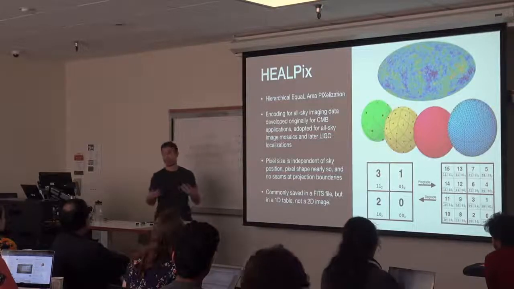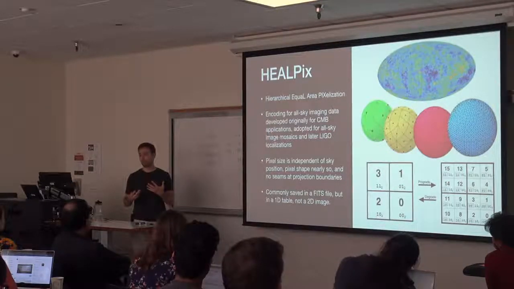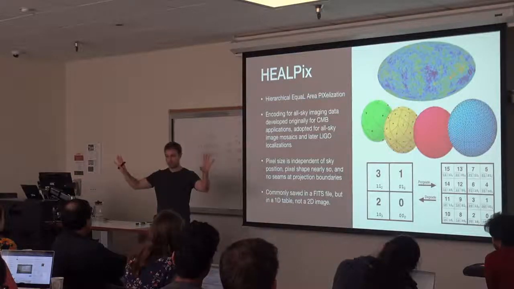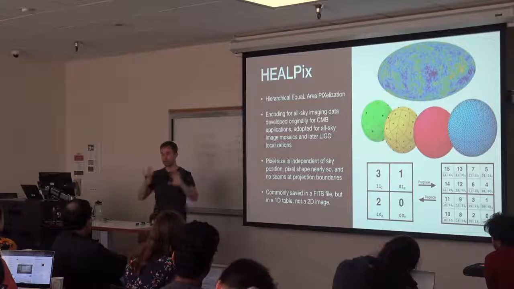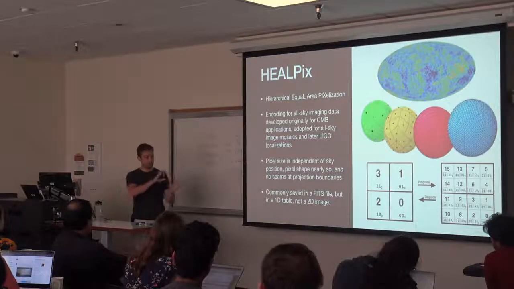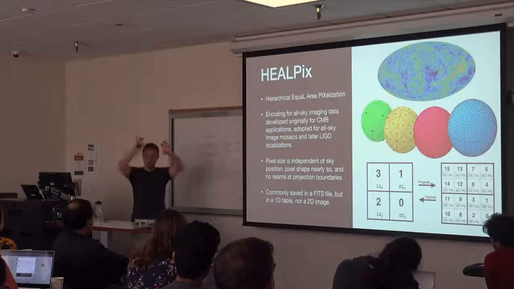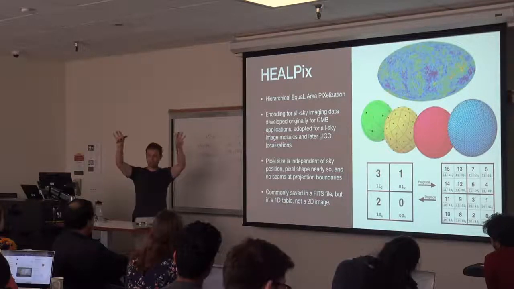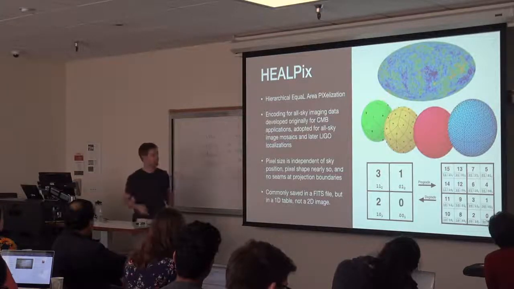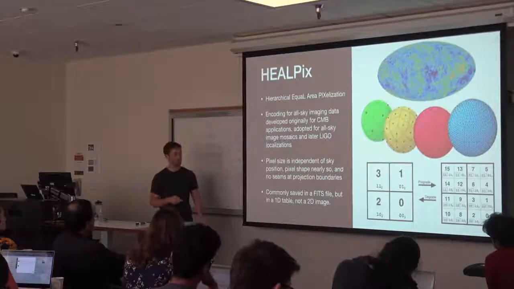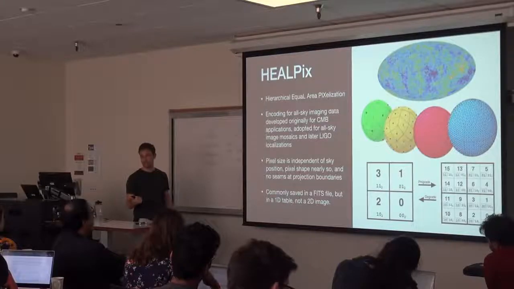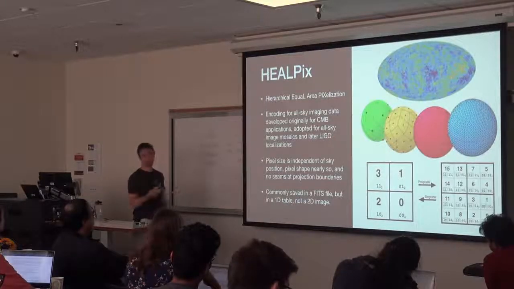if you use a more conventional encoding, like if your image was in a Mercator projection or something like that, you would have all sorts of complications dealing with pixel sizes becoming huge and pixel shapes becoming distorted near the poles, and you'd have to deal with the seams at the edges of the projection, and HEALPIX doesn't have those issues. It's been adopted first for all-sky image mosaics in tools like Aladin, and then later we picked it up for